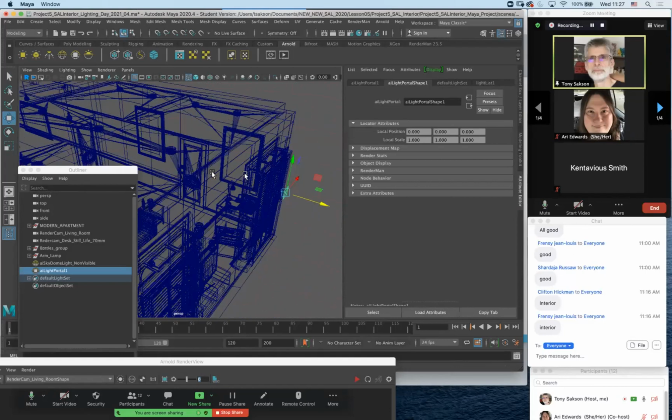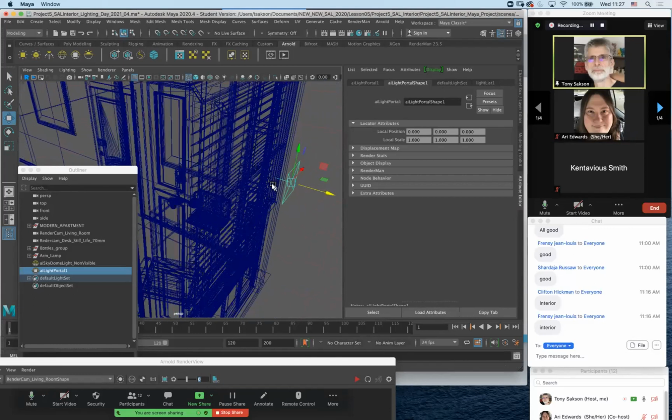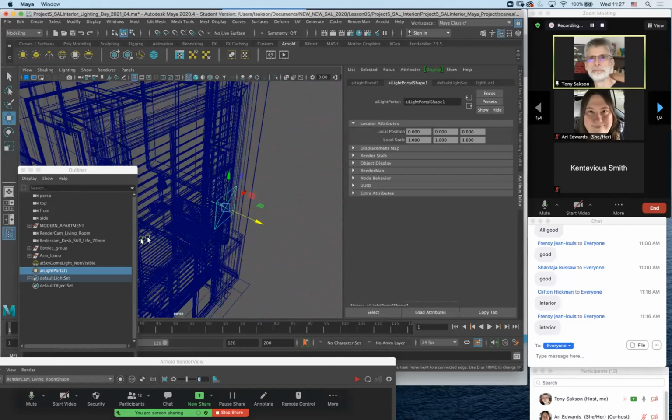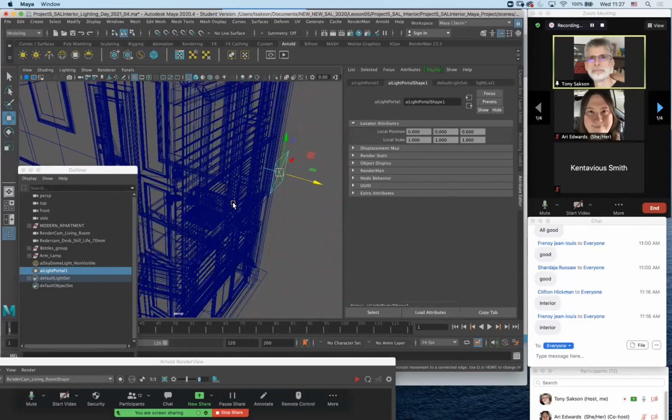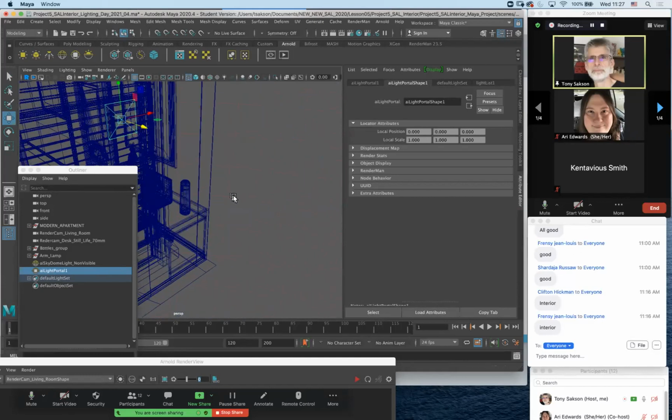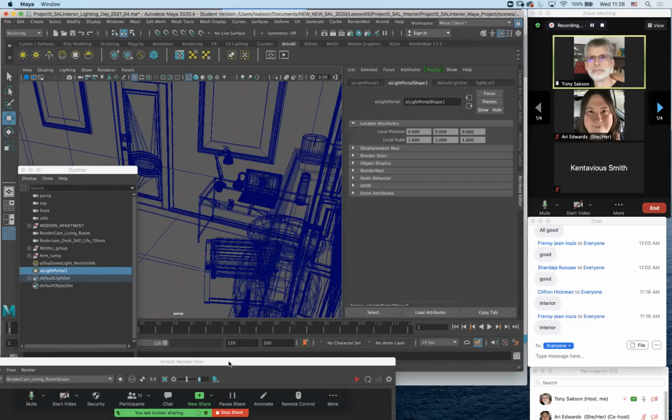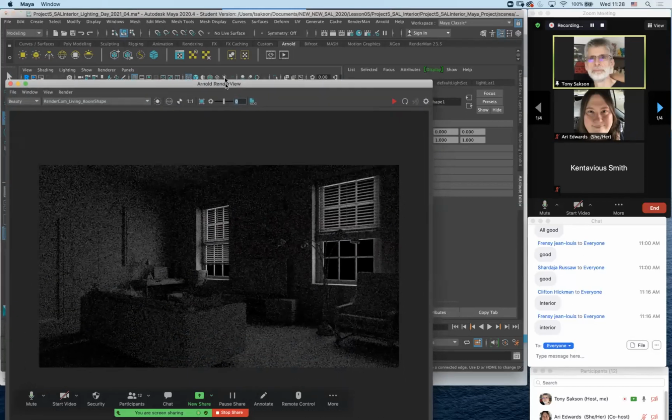Now, the portal lights look just like Arnold area lights. The difference is it's got the name AI Light Portal. You can see it's got a little pointer in the center that tells you which direction it is broadcasting the light. So now, if I do another quick render here in my room,